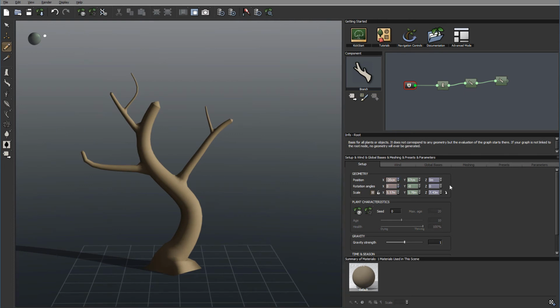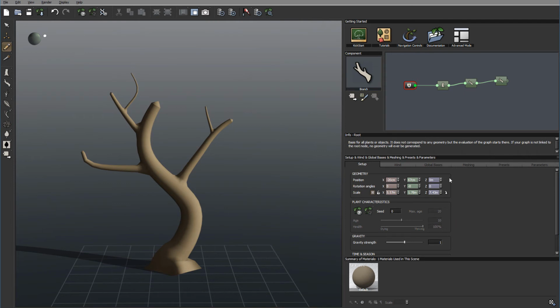By hand we also have rotation and scale. Currently you can see the scale is unlocked, so proportions are unlocked, and we can scale up, down, make it shorter. So all these are additional properties of the scale. Notice you can also bake the sizes. We'll look at this a little bit later, but you can constrain the plant when you start exporting. We also have options for the plant characteristics: random seed, all these additional options, also age and